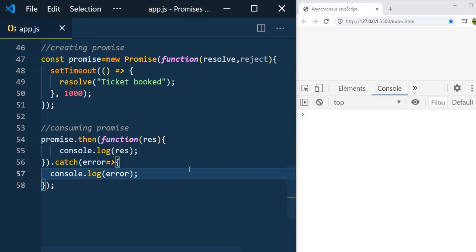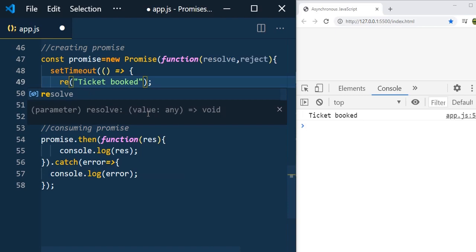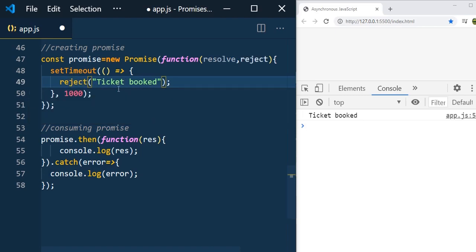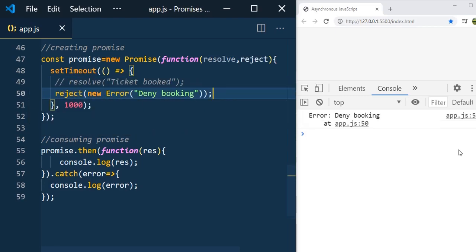To receive the error, we need to reject the ticket. So reject, and you can see the deny booking after 1 second, from the catch block.